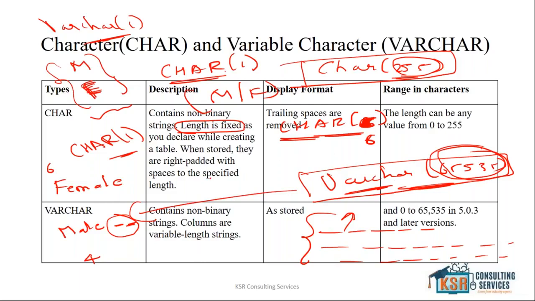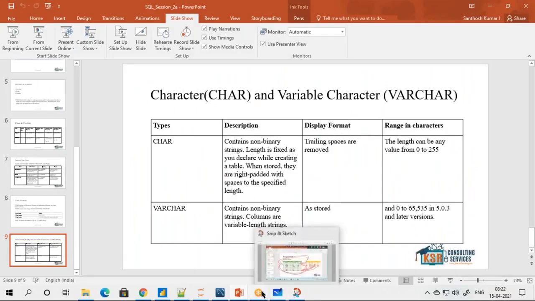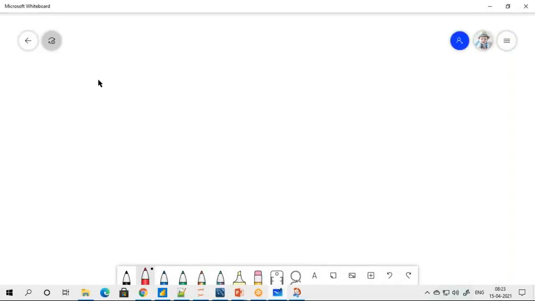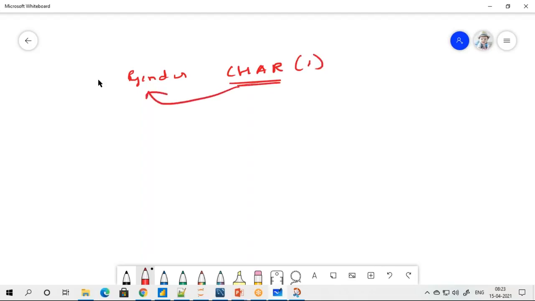Now come back to this. I'll explain it here. The moment I define this, the char memory is assigned to gender. Forget about this. It's the number of characters you are mentioning, whether it will accept null or it will set up null. Okay, but if I go with